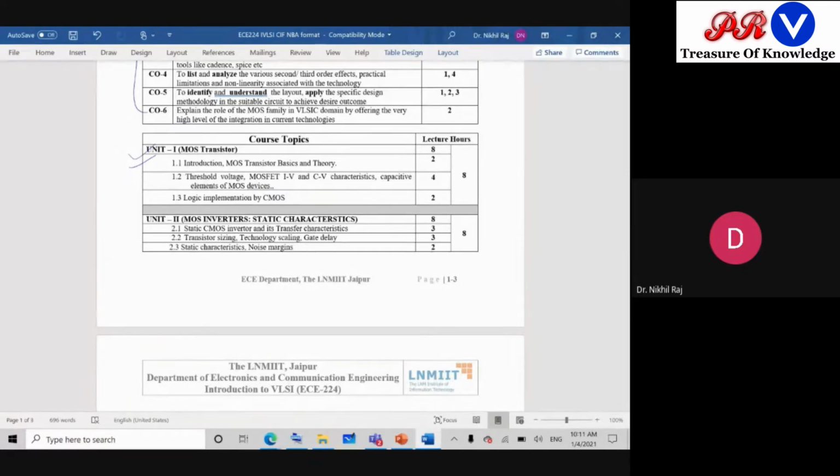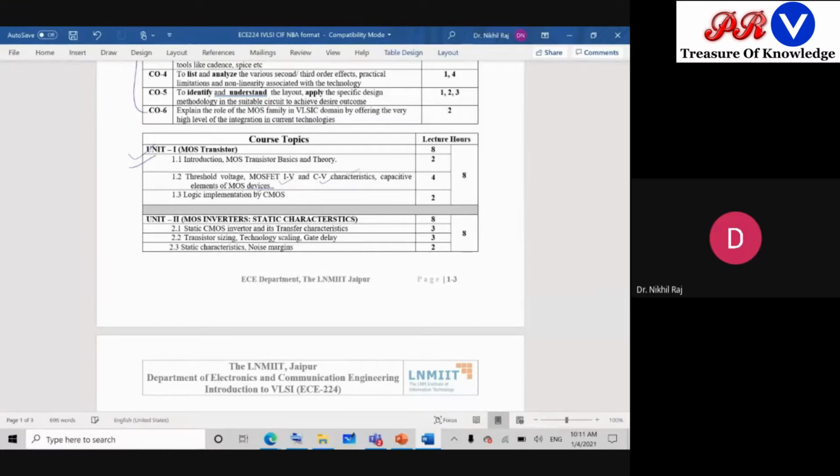And then you will see your IV and CV characteristics, because since we are dealing with digital, means switching of circuits, switching will depend upon charging and discharging, and charging and discharging means your time constant, and time constant is a function of RC. So we should know when the MOSFET offers some resistance and what are the capacitances associated with that MOSFET which create that much delay, or how we can control those delays. For that understanding you should know the CV characteristic.